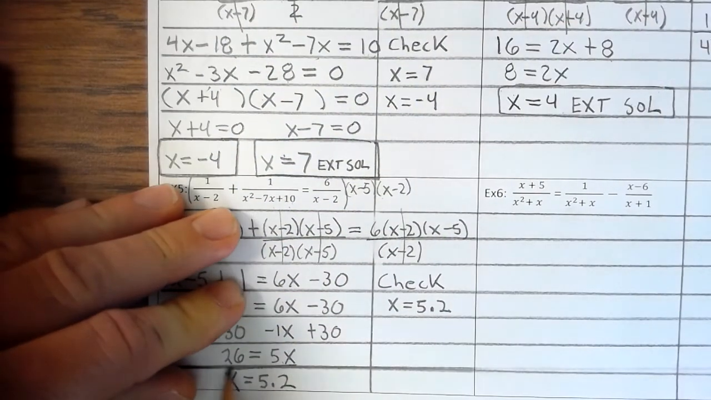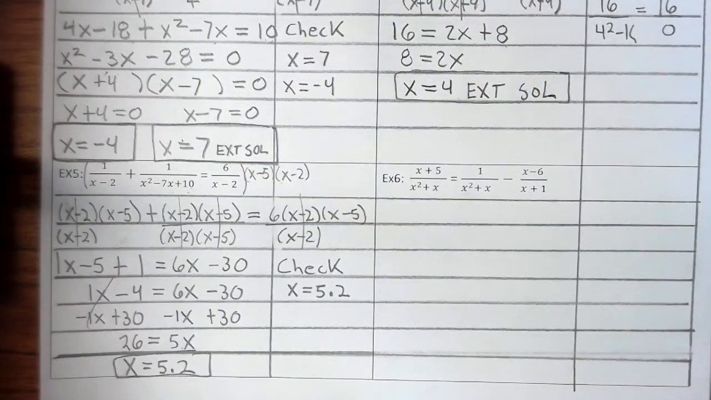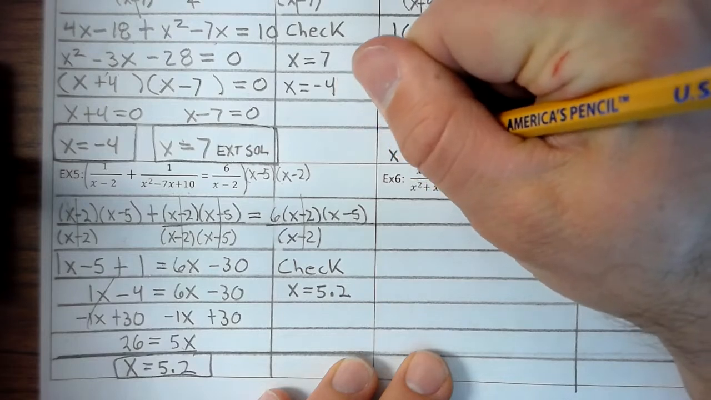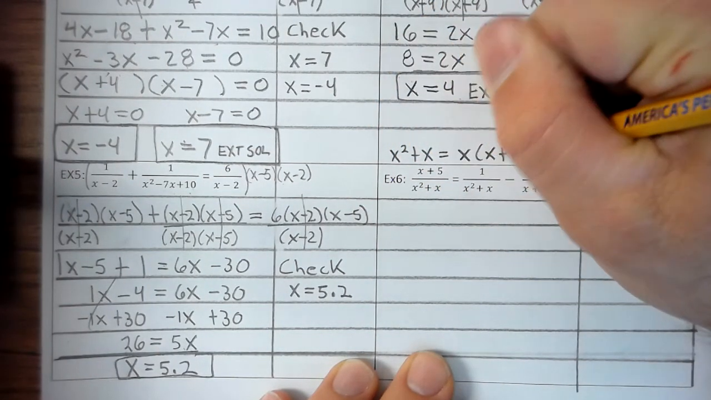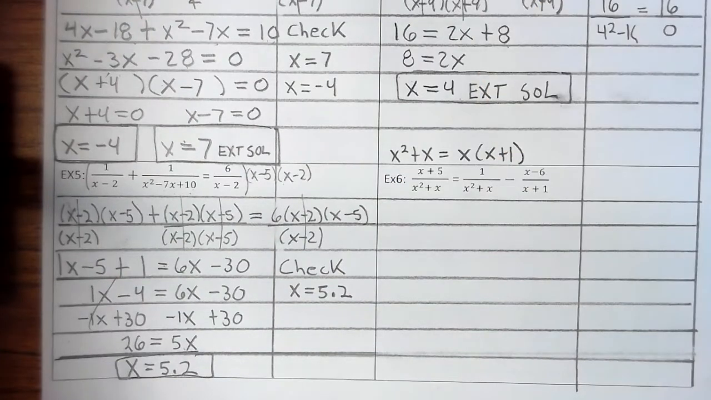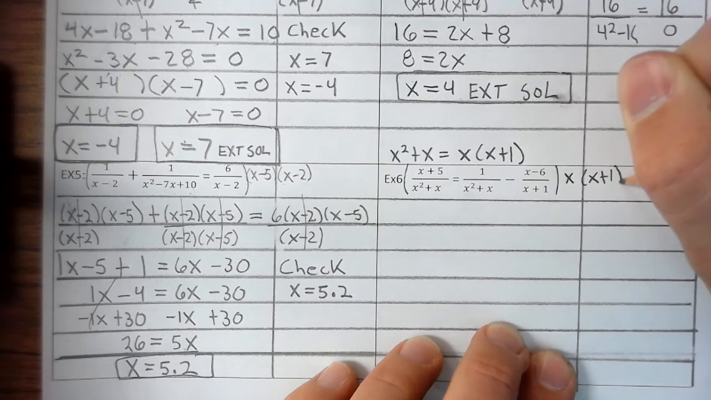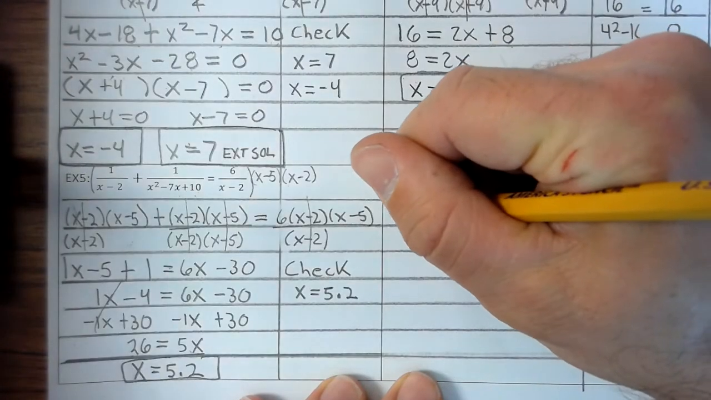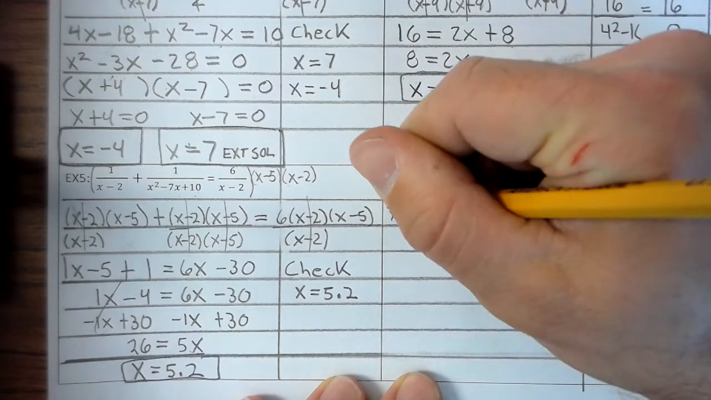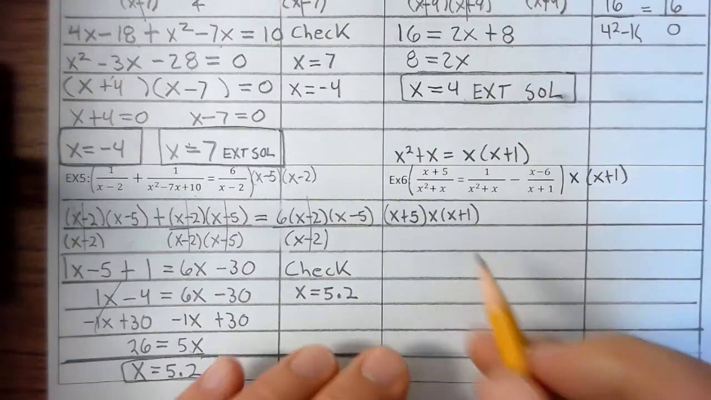All right, last example. Okay, example 6. Now, here, let's factor x squared plus x. We know that if you factor out an x, that becomes x times x plus 1. So we know we're going to multiply everything times x plus 1. Okay, so then that is x plus 5 times x plus 1 divided by x times x plus 1